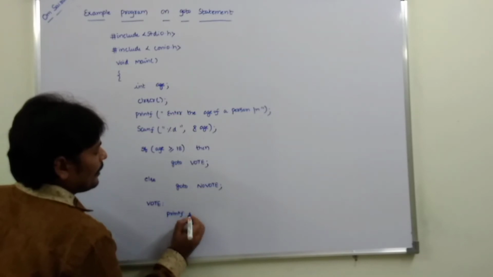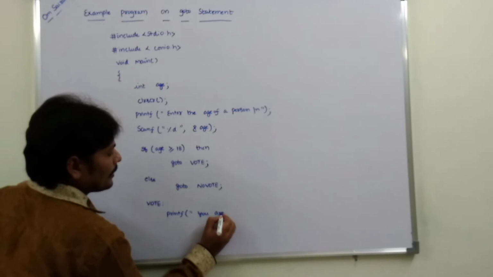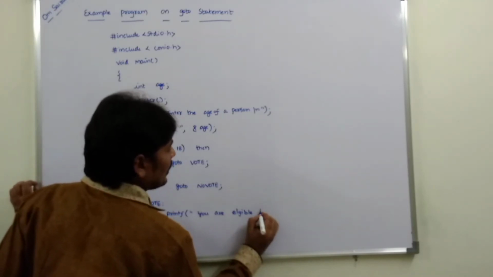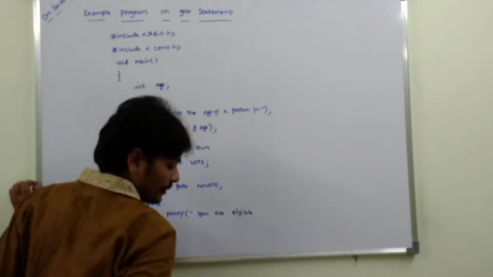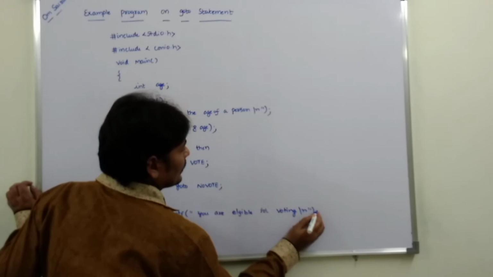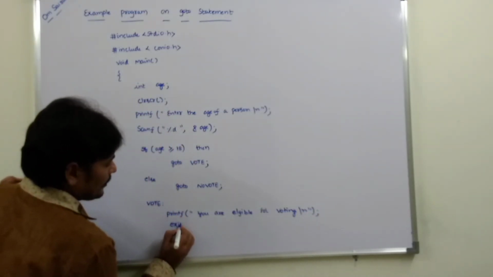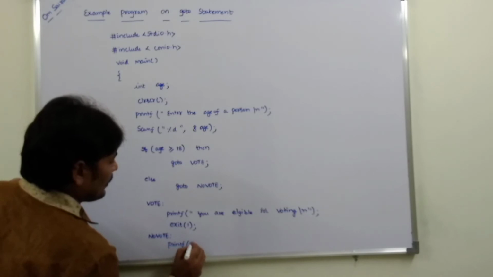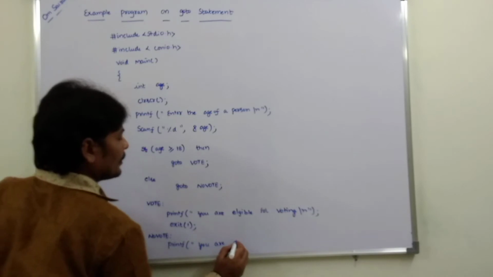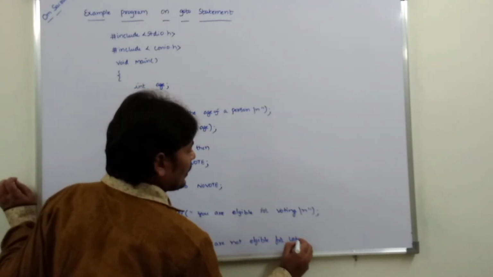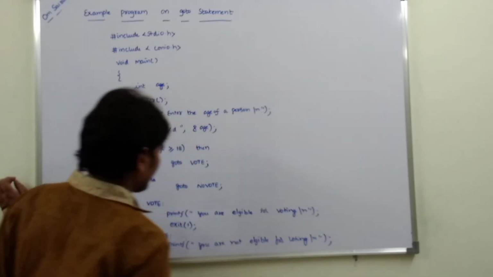So here, vote: printf("You are eligible for voting\n"); exit(1); and here, novote: printf("You are not eligible for voting\n");